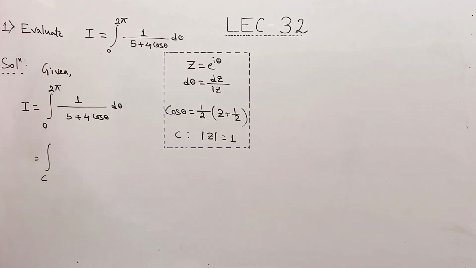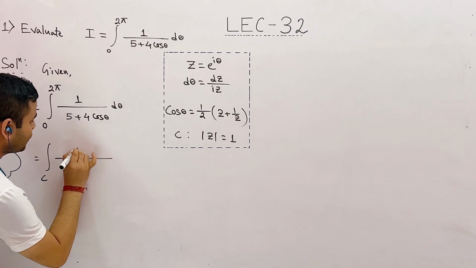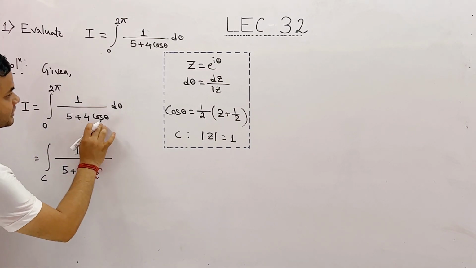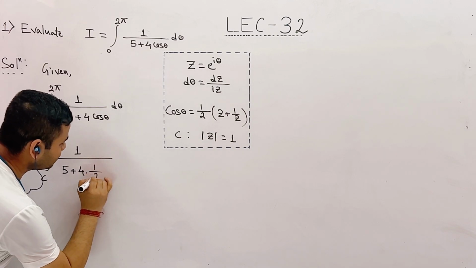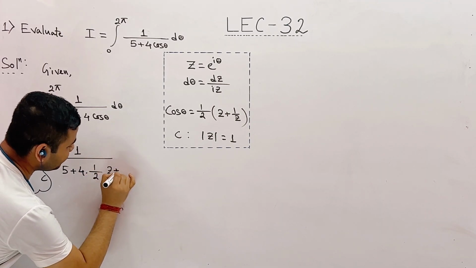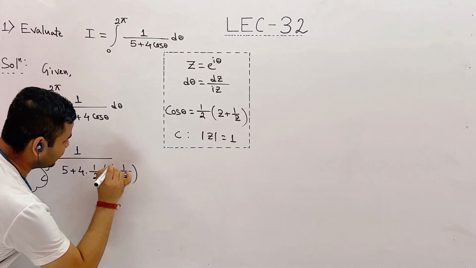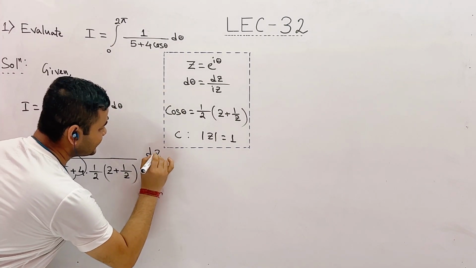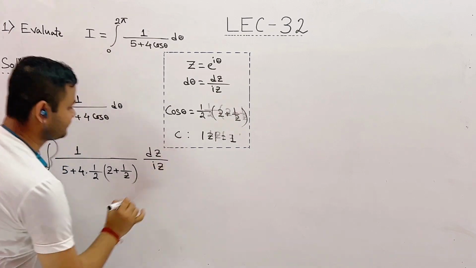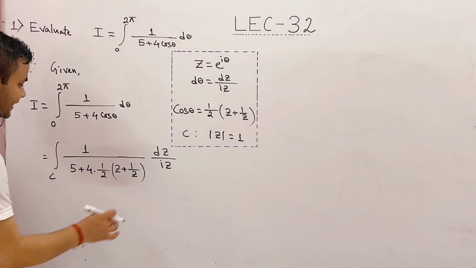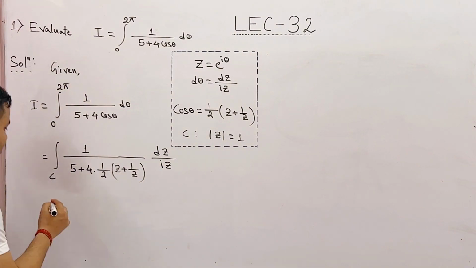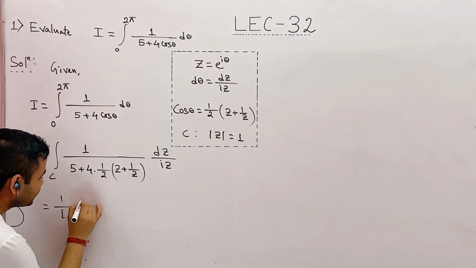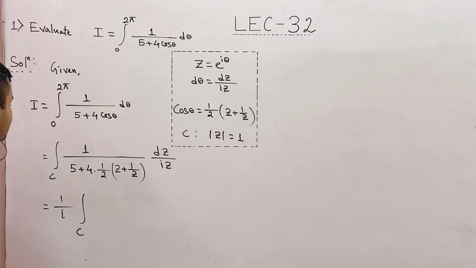integration along closed curve C of 1 divided by 5 plus 4 cos θ. Cos θ value is 1/2 into (z + 1/z), bracket close, and dθ is equal to dz divided by iz. Now, let us simplify this denominator first. So, finally, we will get 1 by i into integration along curve C